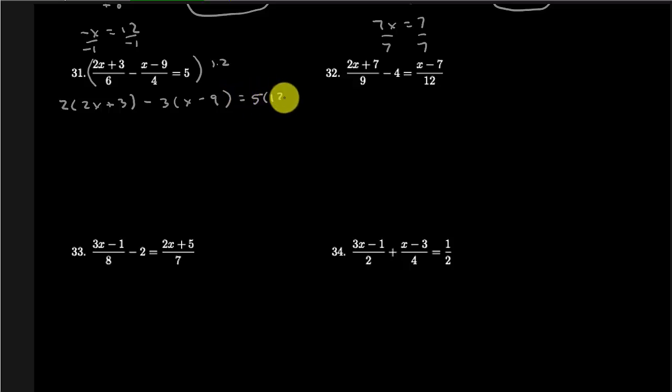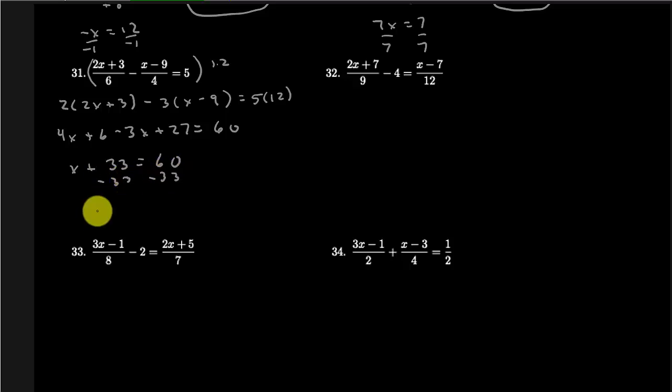Equals 5 times 12. So we get 5x plus 6 minus 3x plus 27 equals 5 times 12. That will give us 60. Combine like terms, that's going to be x plus, what is that, 33 equals 60. 6 plus 27 is 33. Yep. Subtract 33 from both sides. We get x is equal to 60 minus 33 is